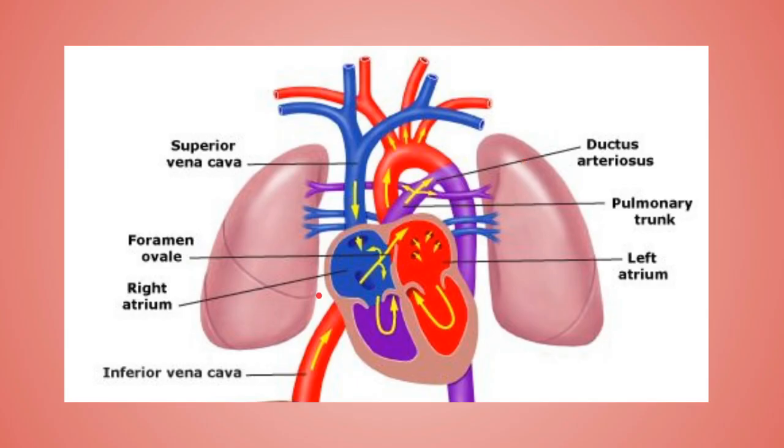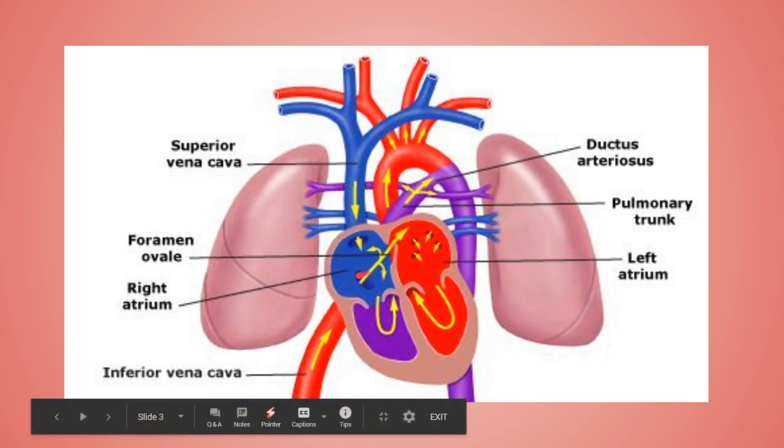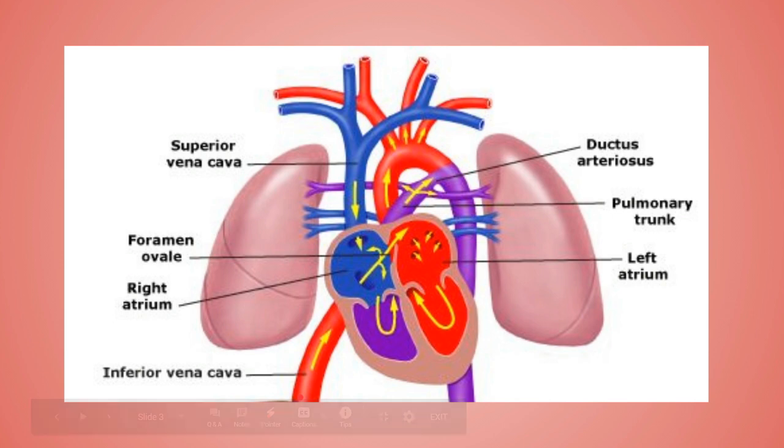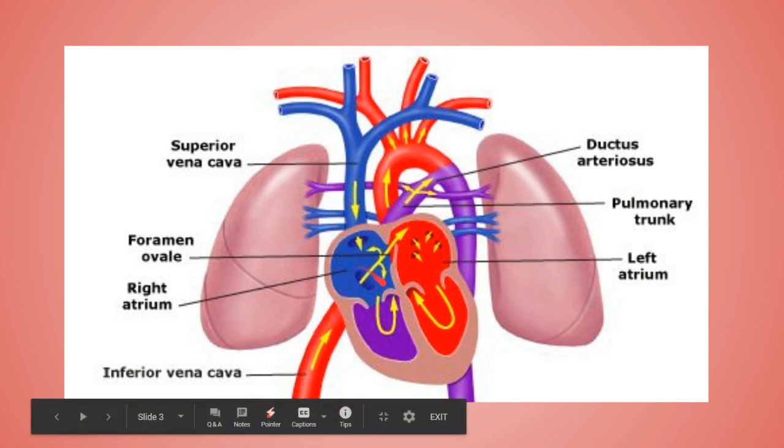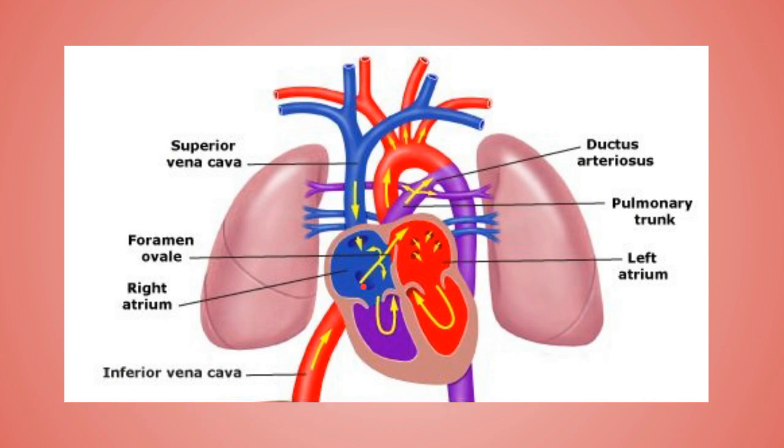So whatever amount of pure blood actually entered inside the right atrium from the inferior vena cava, here the pure blood from the IVC will enter inside the right atrium, right? Now from this blood, the majority of the pure blood which entered the right atrium will enter inside the left atrium by way of the foramen ovale, as you can see.